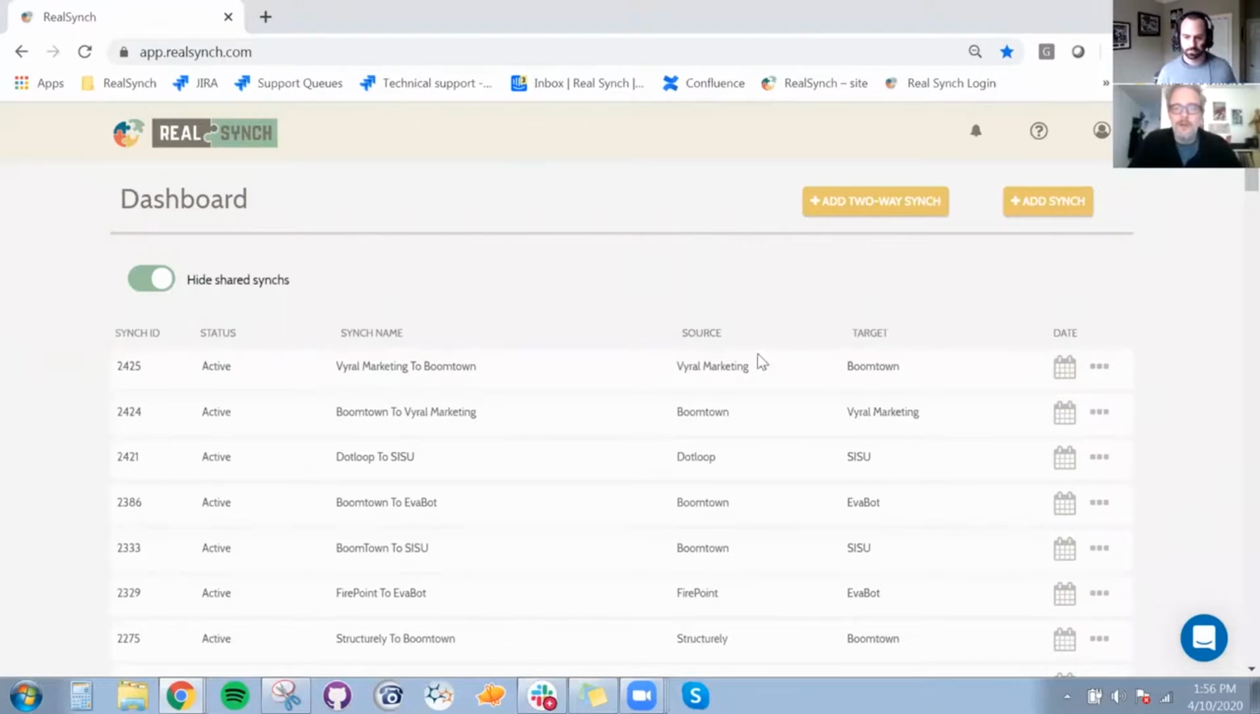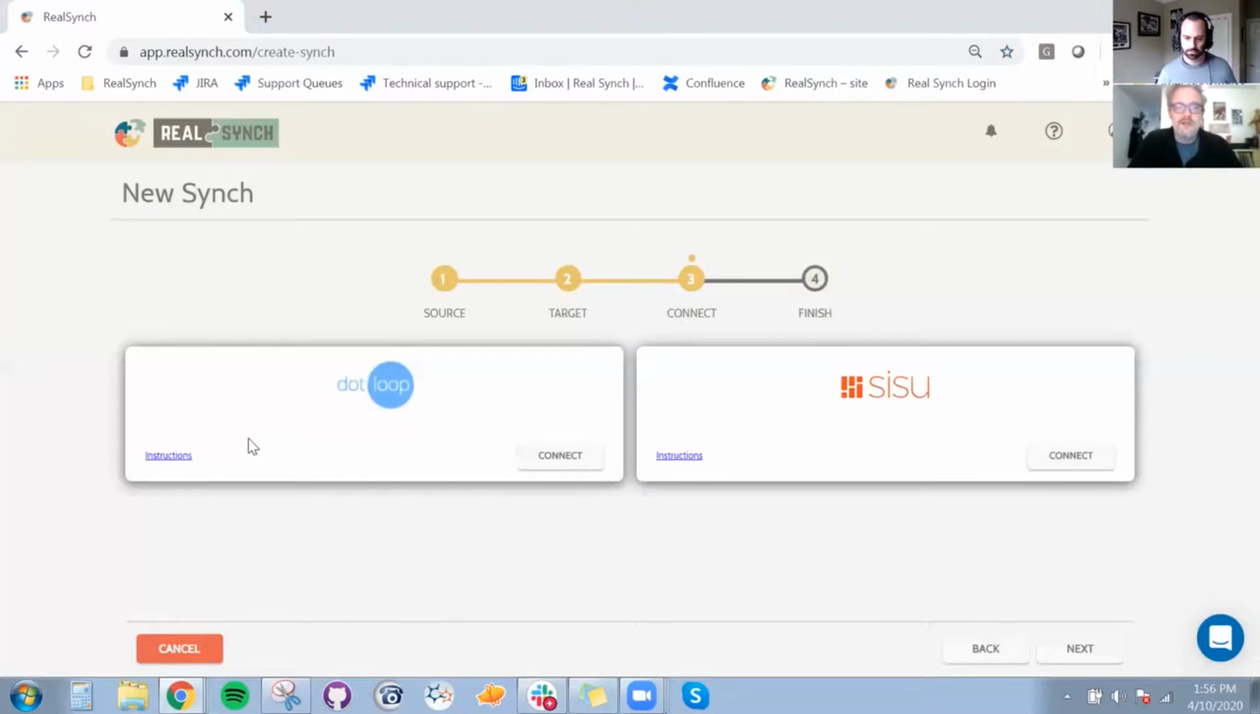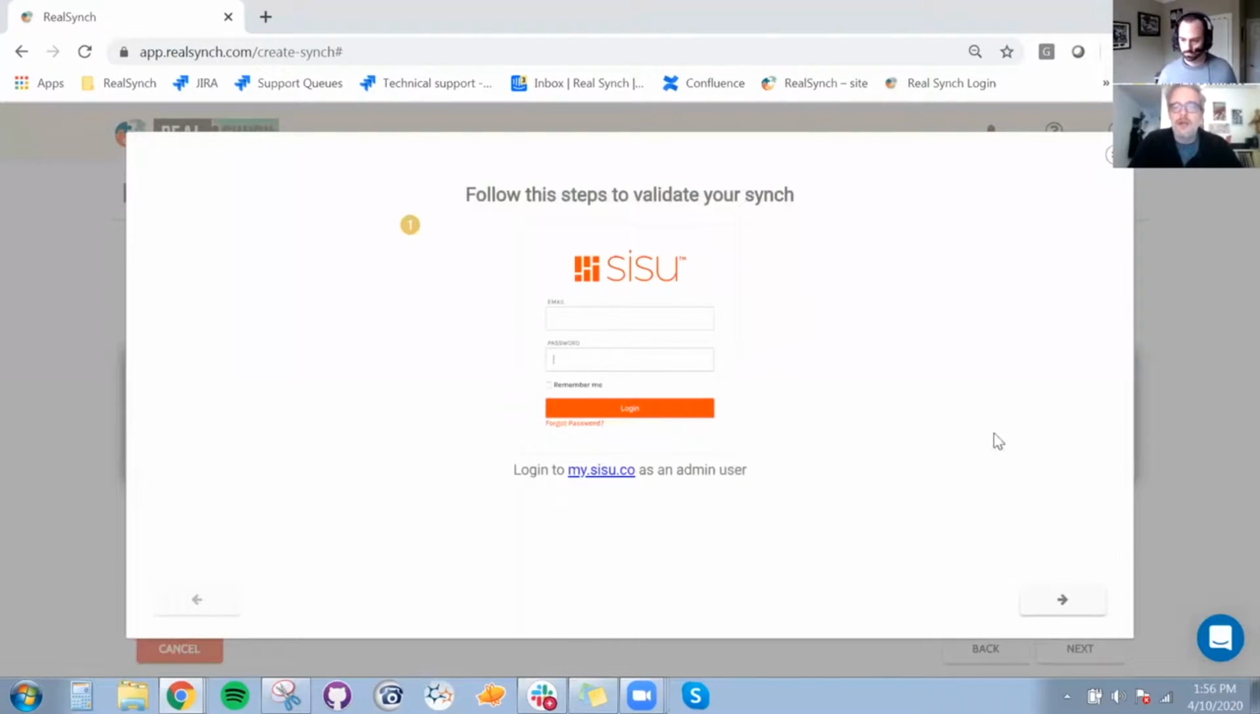So we worked with some great beta clients. Pretty straightforward process. Choose Dotloop as your source. SISU is your target. You're going to connect to Dotloop, connect to SISU. There's instructions for each on how to do that. You can go through,